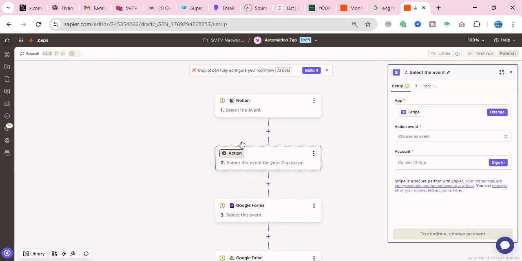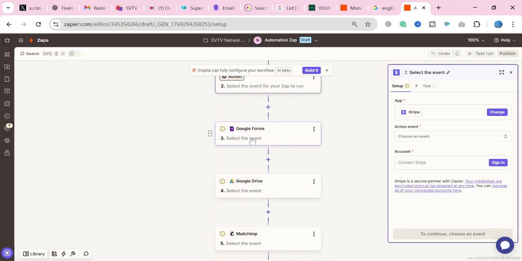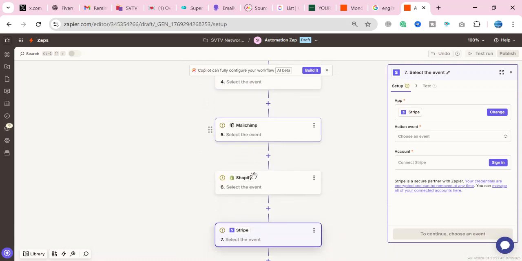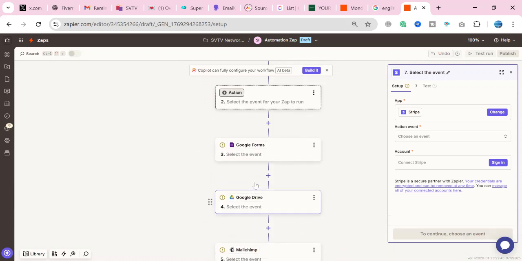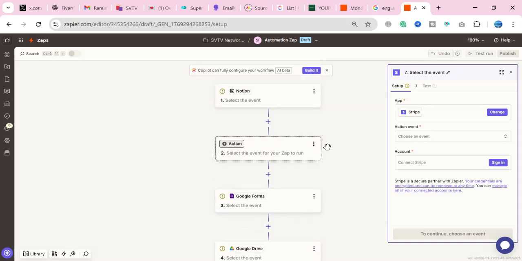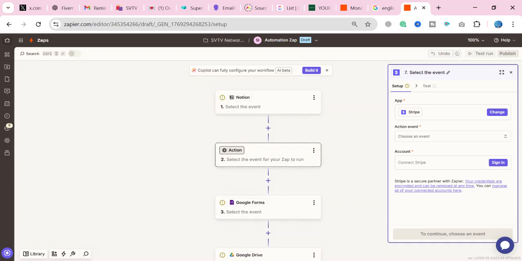What you want to build in these automations, like what action you need for Zapier, Google Form, Google Drive, Mailchimp, Shopify, and Stripe. Once you connect these accounts and share with me a clear trigger and action process, then I will set